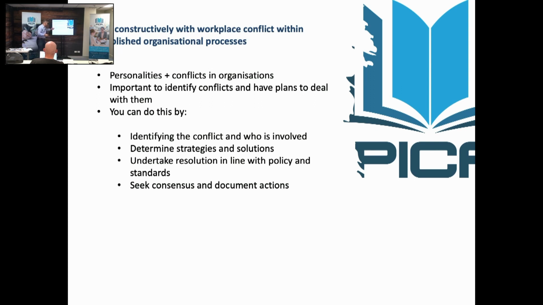So you take your resolution with policy standards. Always document your actions. Now, you will find this as an investigator when you go out. I'm talking now actually not about what's in this unit, but as a point to become a good investigator. When you go out and take a statement, if you do a workplace investigation and you take a statement from someone,